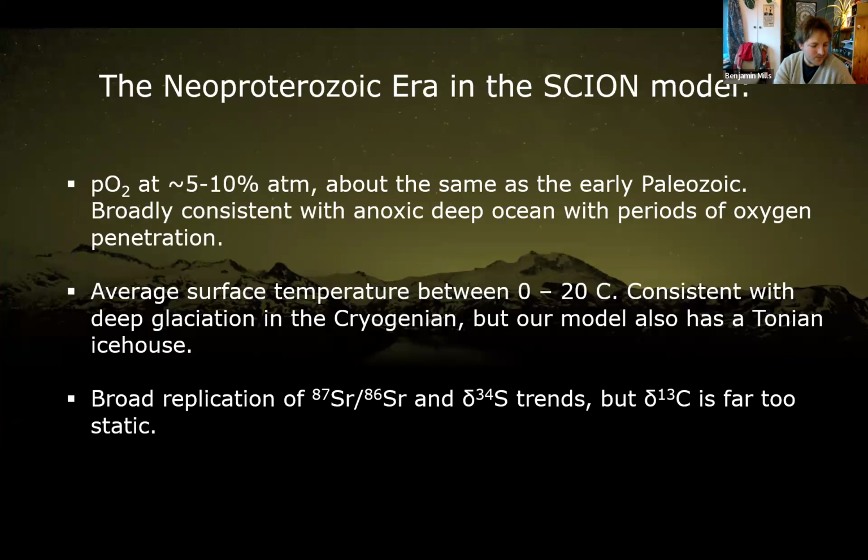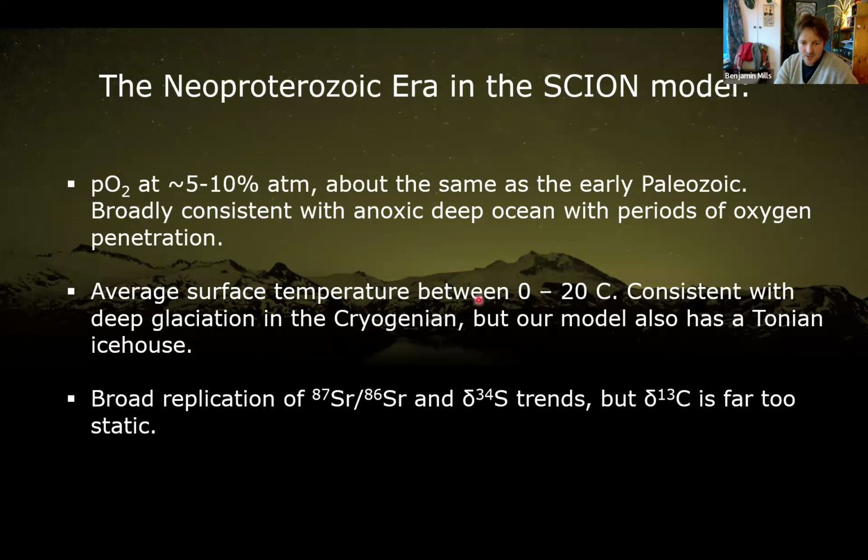Okay, so I think I'm about done. I'm just going to go through a few things that we can conclude through this work, a few future directions. Looking at this Scion model, the spatial model, and how it deals with the Neoproterozoic, there's clearly a lot of stuff we still need to learn. Although these models seem okay at doing broad Phanerozoic changes, they're still not brilliant in the Paleozoic, and they're even worse for the Neoproterozoic. But our oxygen concentrations we predict are maybe consistent, so perhaps the same as the earlier Paleozoic, perhaps broadly consistent with an anoxic deep ocean with periods of penetration of some oxygen to lower depths.